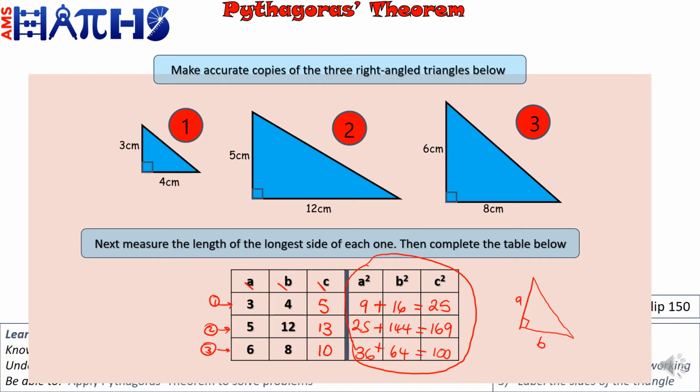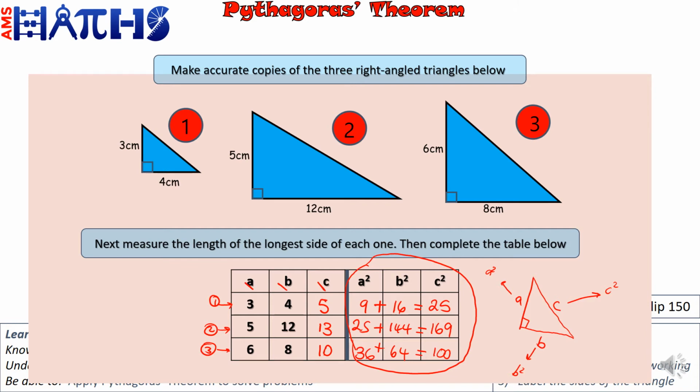Eraser. Okay, if I take this right angle triangle, label the two shortest sides A and B, it does not matter, and then the longest side, the hypotenuse, we're going to call that C. If I square this one and I square this one,